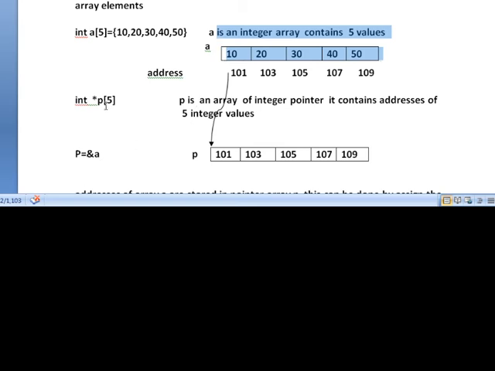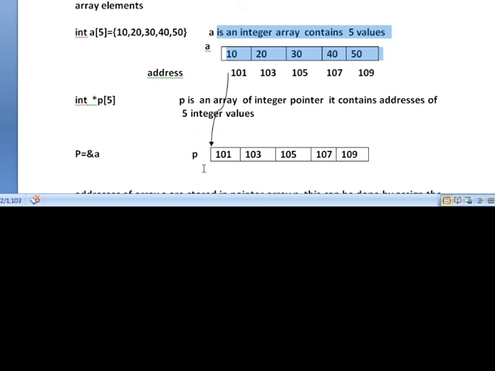Pointer array means it contains the addresses of another array's elements. Now these 5 elements of A have addresses 101 to 109. This particular pointer array P contains the addresses of the A array elements: 101, 103, 105, 107, 109.